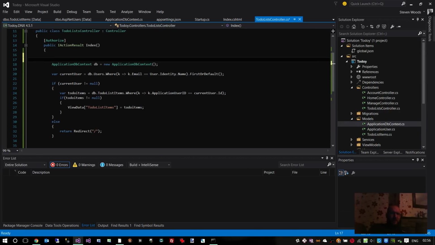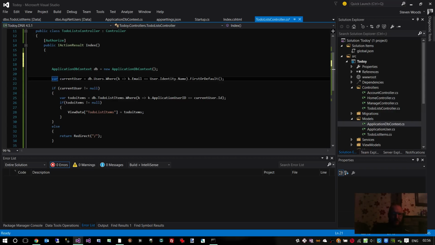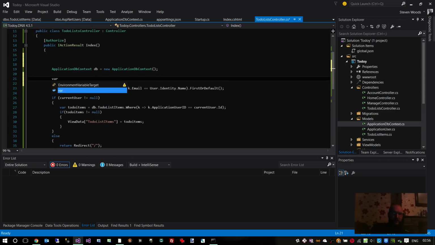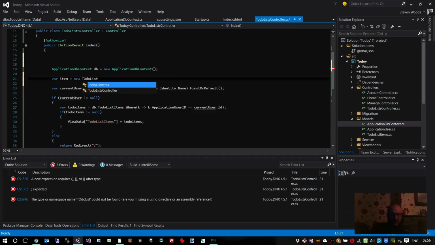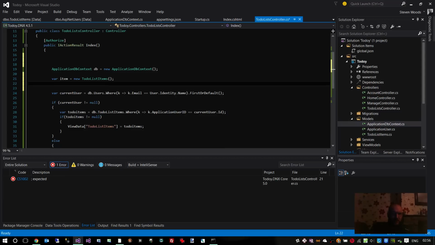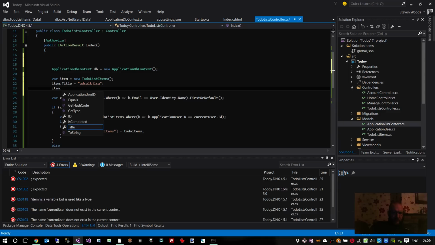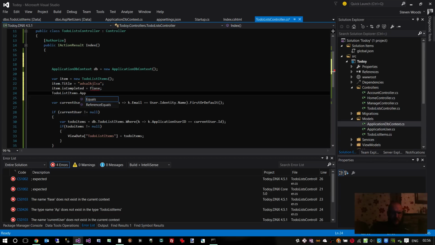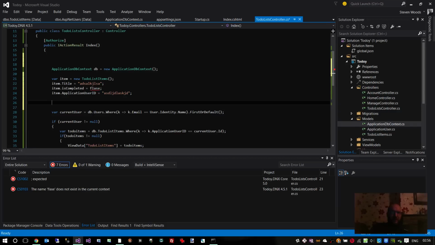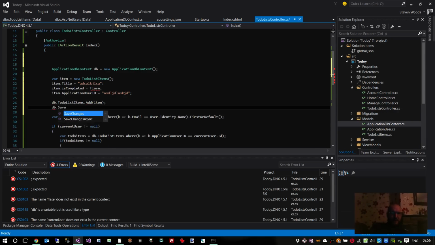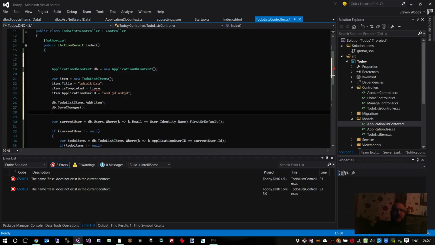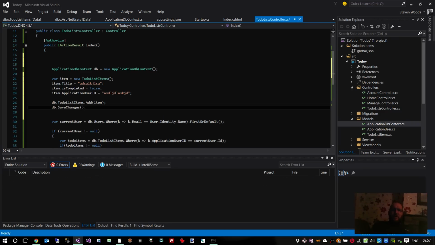The syntax for adding is, if you were to create a new to-do list item, var item equals new to-do list, we could say item.title equals yabba yabba, item.IsCompleted equals false, item.ApplicationUser, item.ApplicationUserId equals whatever the user ID is, and then we just say db.ToDoListItems.Add(item), and then db.SaveChanges. That's how you would add an entity to the database,